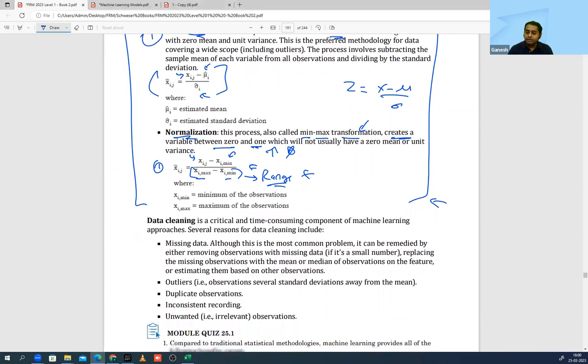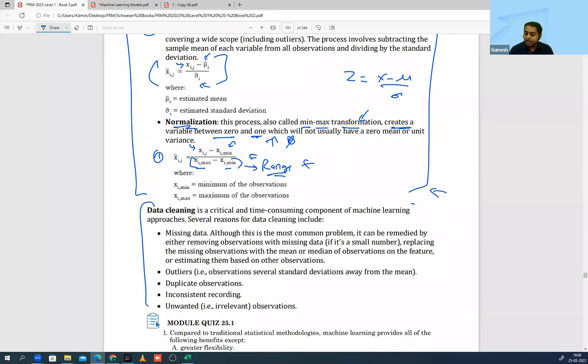Next is data cleaning. Why do we need data cleaning? Because there might be problems with the data, like for example, look at this missing data. Suppose you're comparing height and weight of students. I'm just giving a hypothetical. You have the information of height, but not the weight of one student. You cannot use that data. Either you have to fill the data, or else remove the data. Generally, what we do, if you want to fill the data, is take the average weight and put it in. Ek tarika wo hai. Or else just remove the entire data on that set.